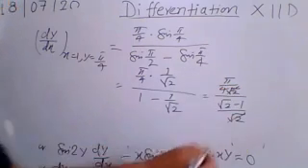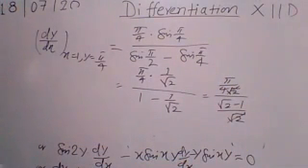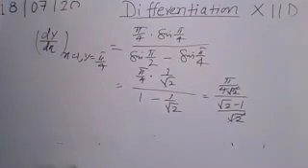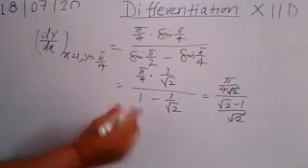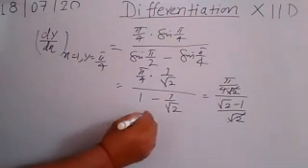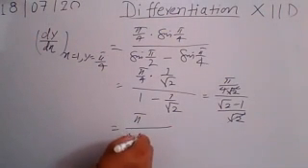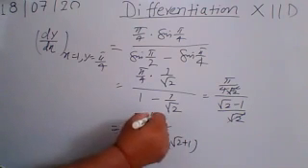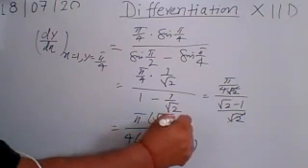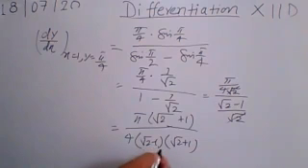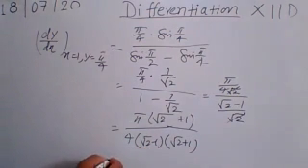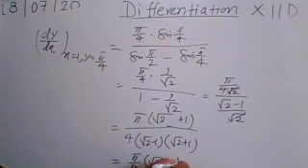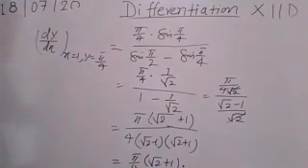So root 2 and root 2 cancel out. And here you rationalize your denominator. So you have pi upon 4 times root 2 minus 1, into root 2 plus 1, and you multiply the numerator by root 2 plus 1. Here root 2 minus 1 times root 2 plus 1 gives 1, and your final answer is pi by 4 into root 2 plus 1. So that is its value.